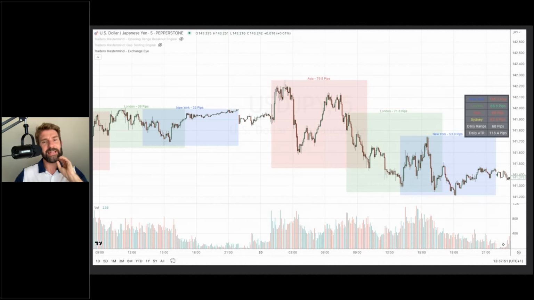This is a little tool I had a developer make. I'd like to share these tools that I have made with you guys. I know a lot of you find value from them. Some of you say, hey, this is really handy, really useful. I think this is useful to help your calibration process. So this tool basically allows you to, you can see for yourself, it shows you the boxes, it highlights the areas of different sessions. So Asian session, London, New York, and has a little data box as well, so you can see the range of that session.